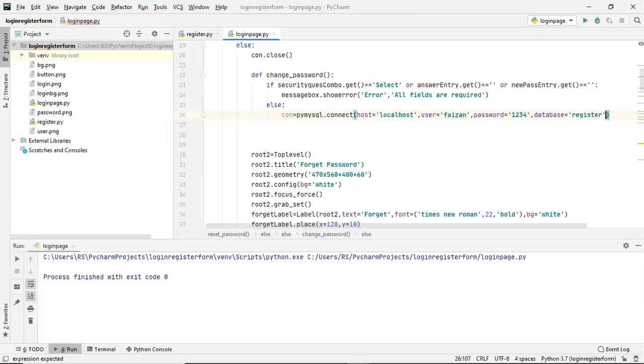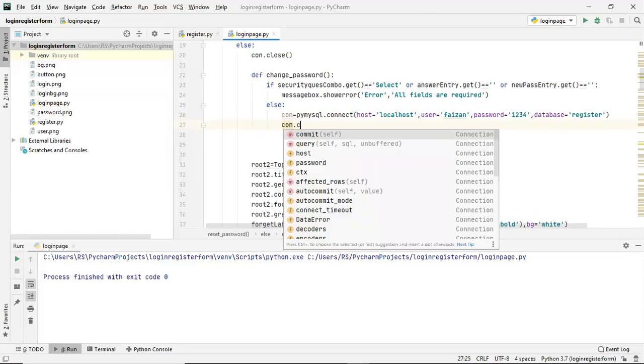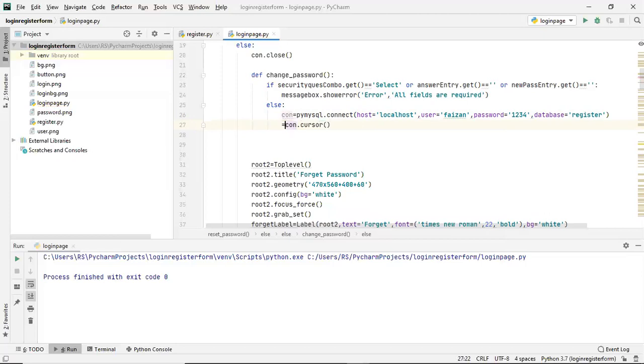So this is the database here. Next we have to create a cursor, so con dot cursor, and we will store that into a cur variable.